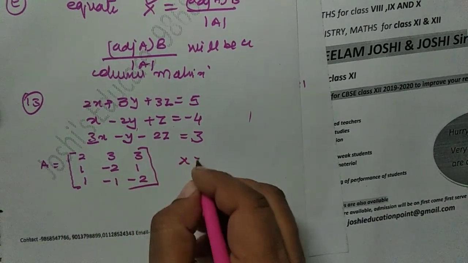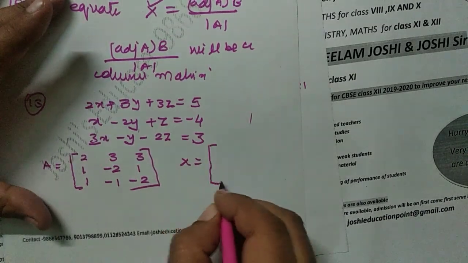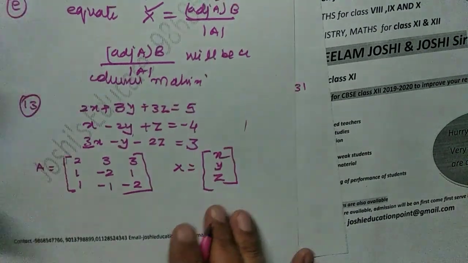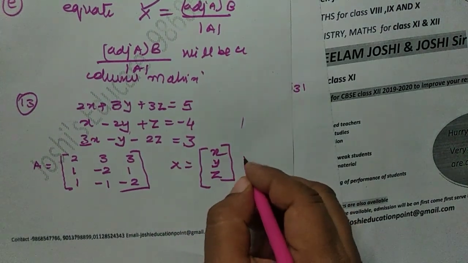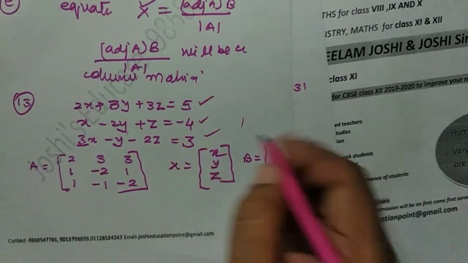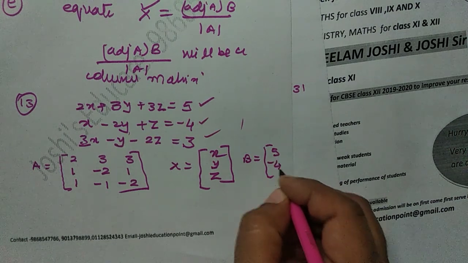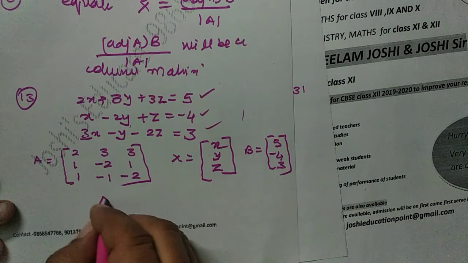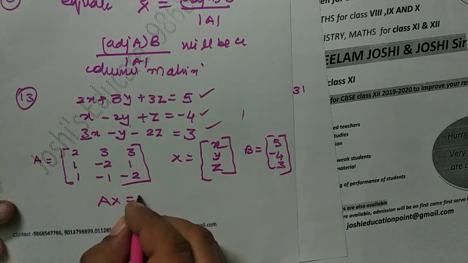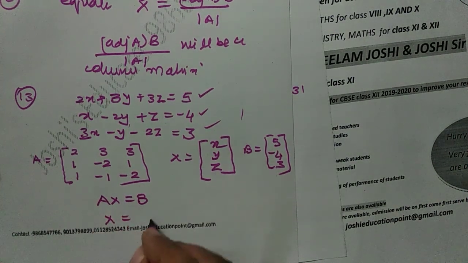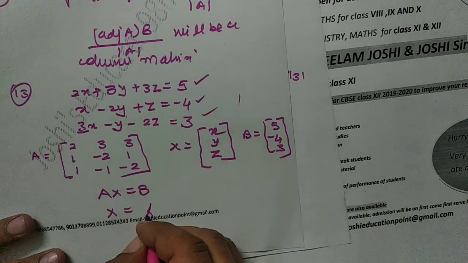The second will be the matrix X, that is the second step. It is a column matrix of variables. In this equation, 3 variables are there, so I will take a column matrix of 3 variables. And third is matrix B. It is a column matrix of the constant terms. These are called constant terms. So it is 5, minus 4 and 3. If I write it as AX equal to B, I will re-obtain all the 3 equations. So now this is the matrix representation of the system of linear equations. Now X will be equal to, we can directly write it as I explained earlier, A inverse into B.